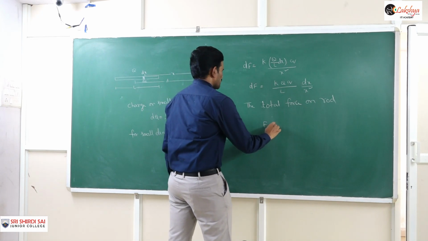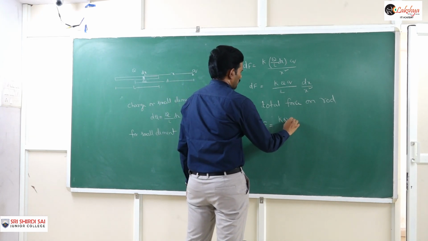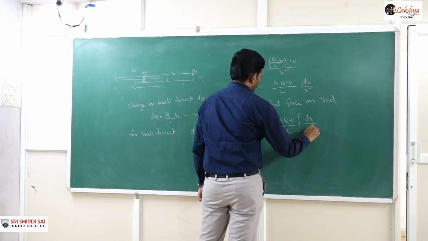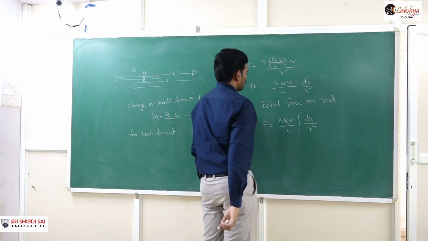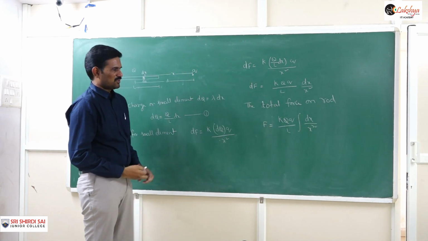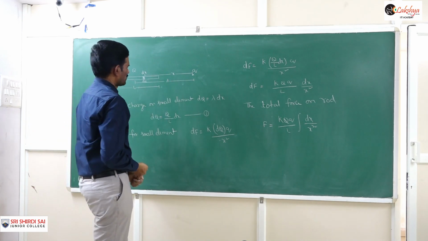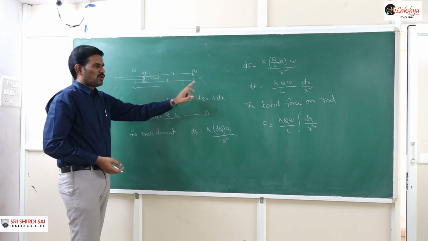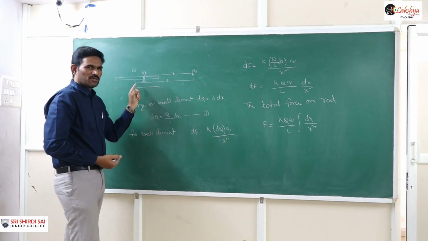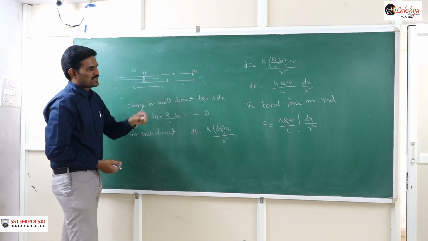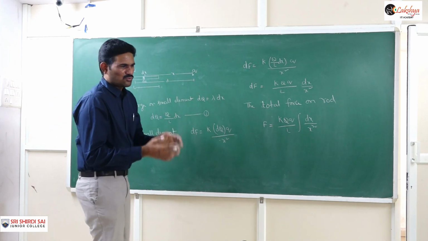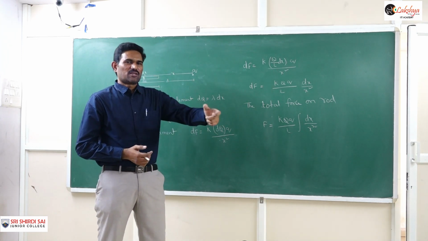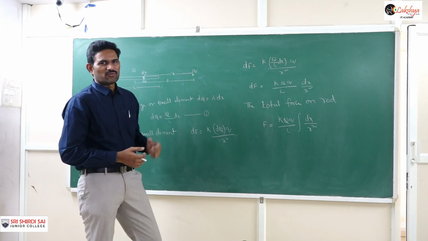So that is F is equal to kq into q by L integral of dx by x square. In this type of problem it is important to write the limits for this integration. Sometimes they will give this d value from this end, or sometimes they will give the d value from the midpoint. So now we need to write the x limits according to the given data. To write those limits you need to read the question carefully, whether they are giving it from the end or from the midpoint.